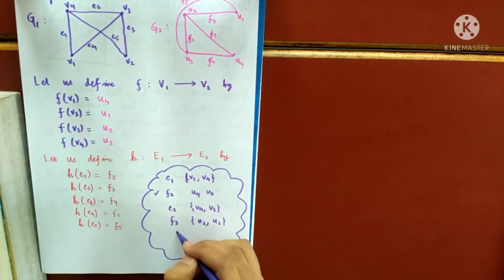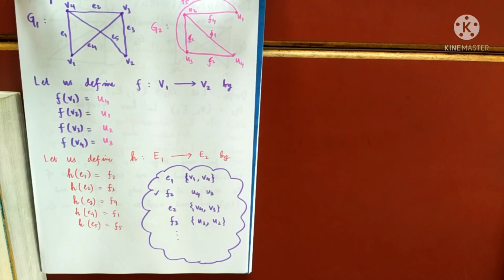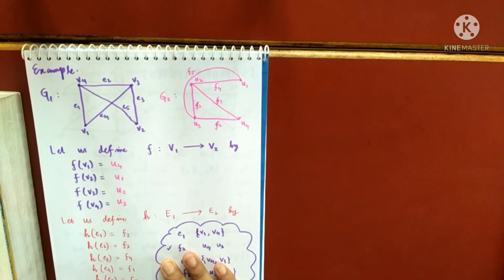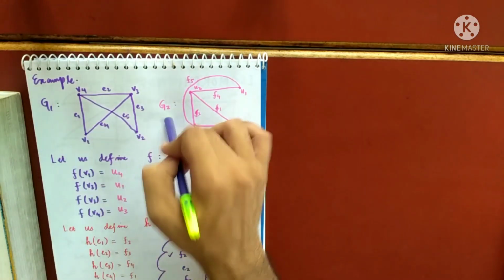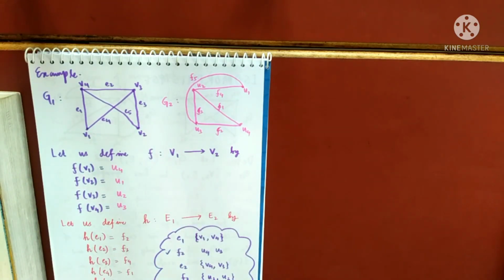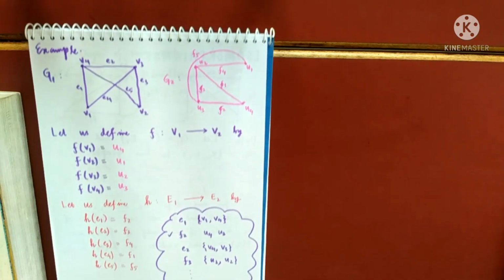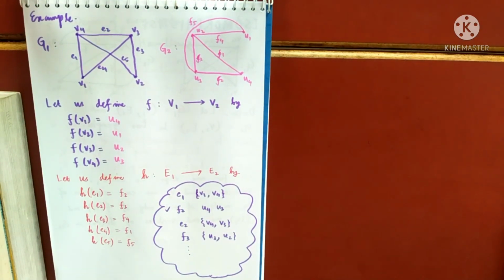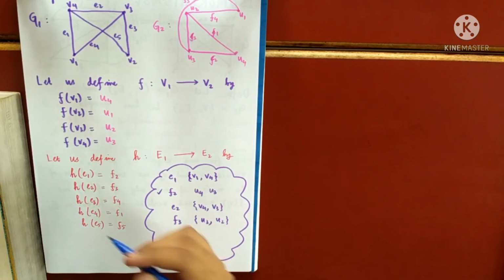You have to check this for every possible edge, and I am assuming that we have checked and it is correct. That means the definition of isomorphism has been satisfied and these two graphs are isomorphic, or I can say G1 is isomorphic to G2. Am I clear up to here? So again and again I am repeating the same fact. Just constructing these bijective maps will not do the job. You have to satisfy this extra condition. It is very good if you write all of these. I will write. So you should also write this.